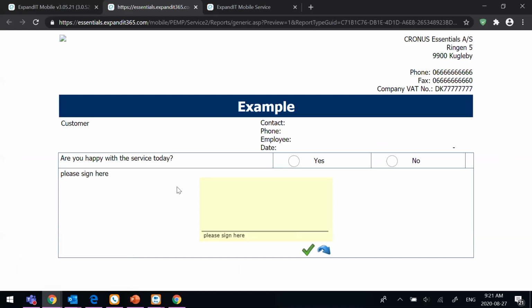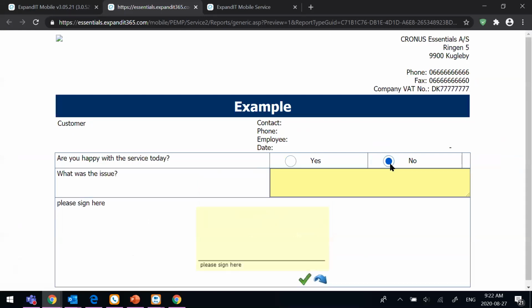Questions could force the user to answer or input data based off another data point. So for example, are you happy with service today? You might present this to the customer post-service. And if the answer is yes, then that's great. The customer signs off on it and you go about your day. But if the answer is no, then it forces the user to enter in a second data point. So it's forcing me to enter in a comment,